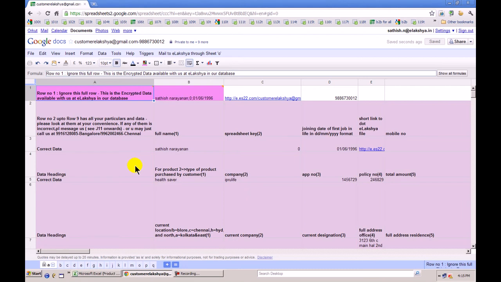One small piece of advice to everyone: if the file is not opening properly, because it takes all information from across the cloud, just press the refresh button. The refresh button, which is either here in Google Chrome or F5. Once you press this, you will be able to get complete access to the .eleksha file.